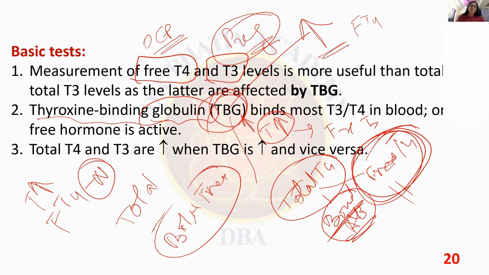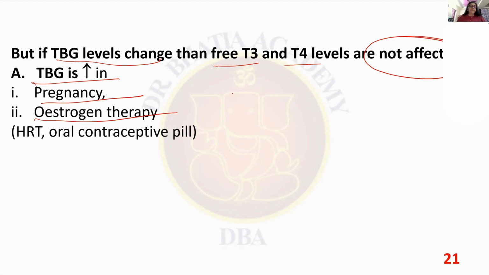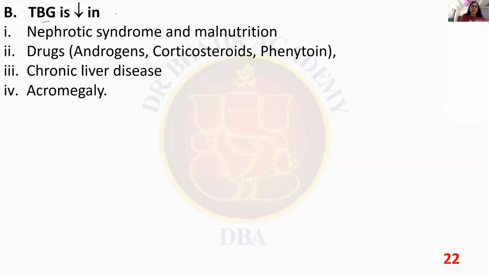सिमिलरली अगर कोई विमेन ओरल कॉन्ट्रासेप्टिव्स पर है, OCP पर है, तो वो भी TBG बढ़ा देगा। तो OCPs पर अगर पेशेंट है तो भी थायरोक्सिन बाइंडिंग ग्लोबुलिन्स बढ़ जाएंगे। तो टोटल T4 T3 आर इंक्रीज्ड व्हेन TBG इज इंक्रीज्ड। If the TBG level changes, then FT3, FT4 levels are not affected. TBG किसमें बढ़ता है? प्रेगनेंसी में और ओरल कॉन्ट्रासेप्टिव्स में।